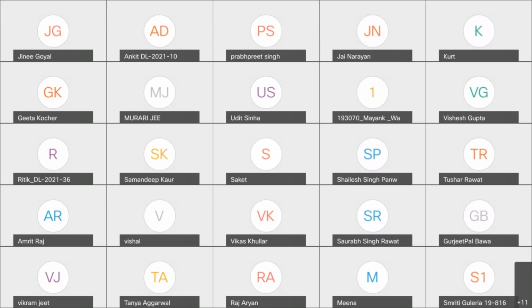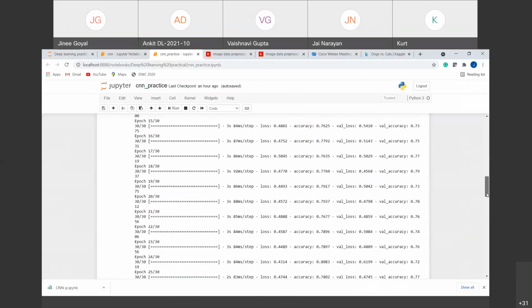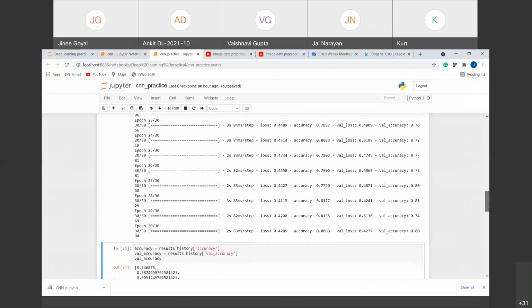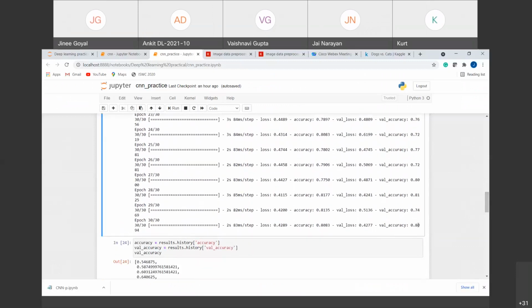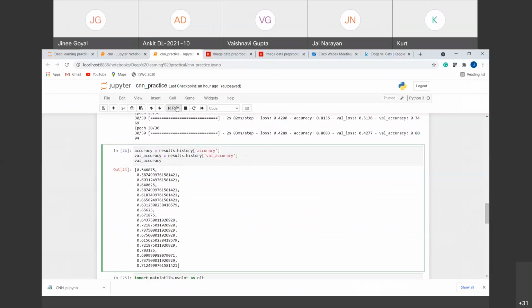So let me share my screen with you again to show you the model after 30 epochs. So you can see here that we ran till 20 epochs and the accuracy was around 70%. While we have reached 30 epochs, you can see the accuracy and validation accuracy have reached 80%, right? So it means the model is learning. So if I plot now again,